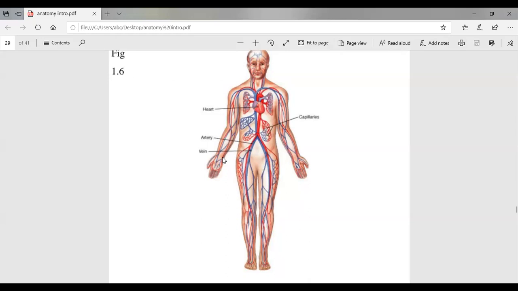Yes. The red colored pipes, which you can see, are the ones which carry oxygenated blood, that is pure blood. All the cells of our body require oxygen to live, right? So these red colored pipes take oxygenated blood to different parts of the body. And the blue pipes carry the deoxygenated blood, that is the blood without oxygen, back to the heart again. So what happens? The heart pumps blood.